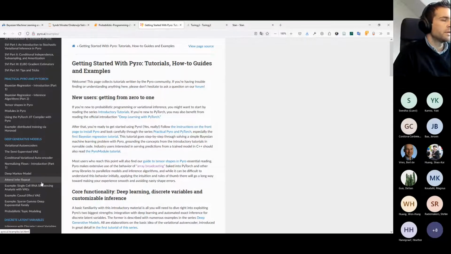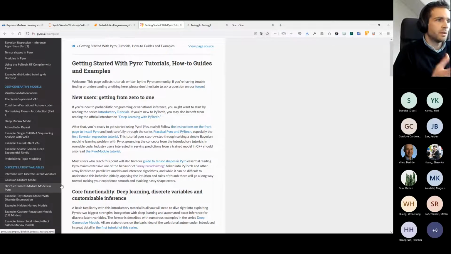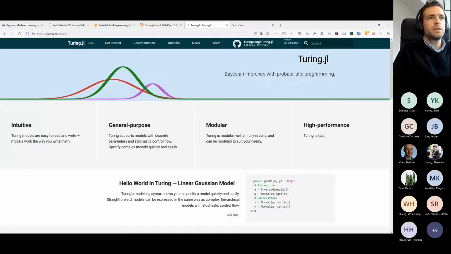Yeah, feel free to have a look. It has a bit of a steep learning curve because it combines a lot of things together. Under the hood, it uses PyTorch, so some of the function approximations are done by neural networks, but it also means that you need to know a little bit about neural networks before you can really get started with Pyro. There's also something called Turing.jl, which is another Julia software package that uses Monte Carlo sampling